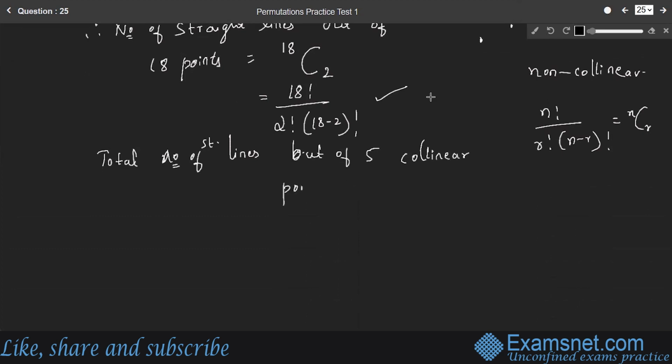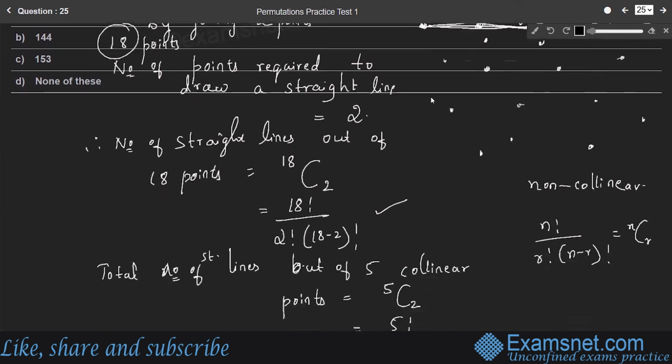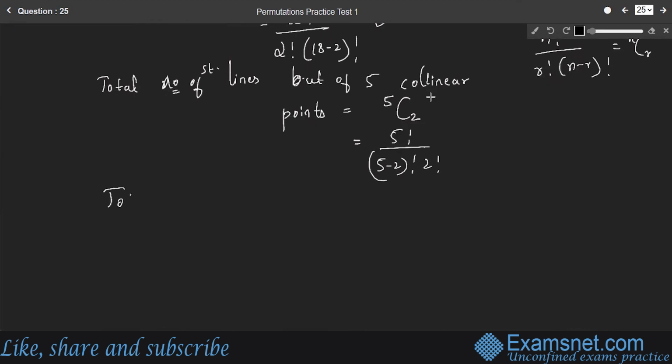5 collinear points. Again, out of 5 points we are considering, so it is 5C2. 5C2 number of straight lines can be drawn, right? So which is 5 factorial by 5 minus 2 factorial into 2 factorial, right? But by joining first and the last point, so considering first and the last point, by joining, this whole part is considered as a single line, right? Therefore, the total number of straight lines